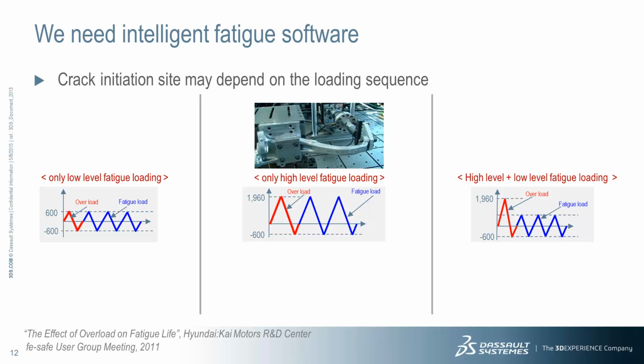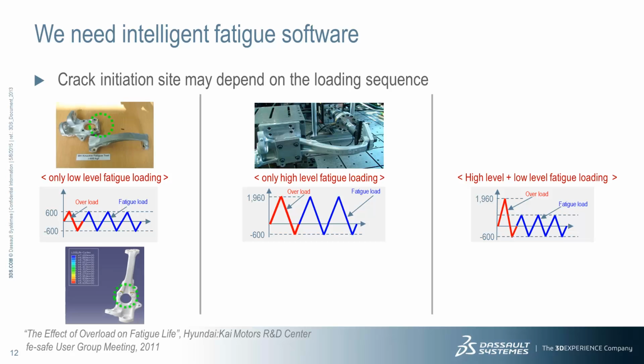There were 3 scenarios investigated. The first was essentially a constant amplitude, low-level load with a 0 mean stress. FESafe predicted the location of cracking at the top of the bolt holes, and this is where the part failed during test. The second scenario was to increase the constant amplitude and the mean to represent the load applied to